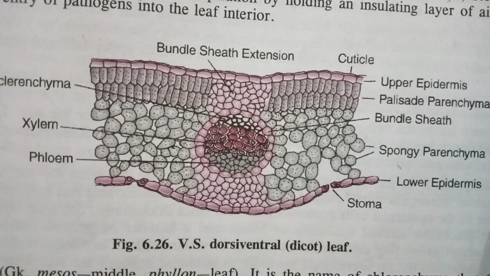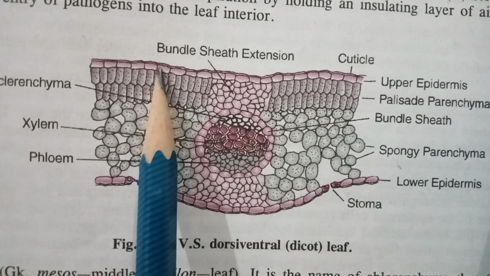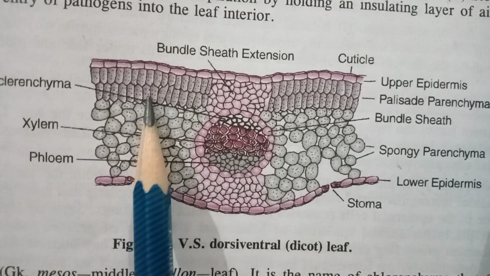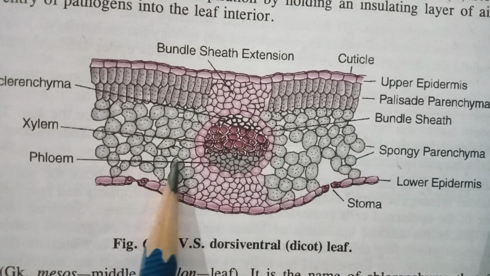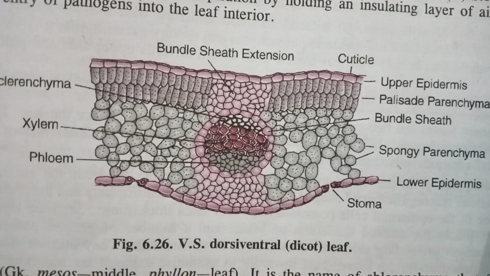These two are the main sites of photosynthesis in the leaves, okay. Then as you can see in the diagram, the palisade parenchyma is immediately next to the upper epidermis, whereas the spongy parenchyma is present between the lower epidermis and the palisade parenchyma. Now after this comes the vascular strand or the vascular system. Now as usual, it will have xylem and phloem tissues, okay. It is made up of number of vascular bundles. These are present in the central position, that is the midrib position.